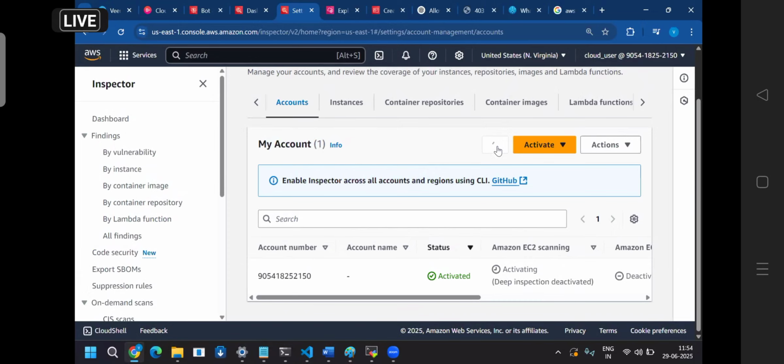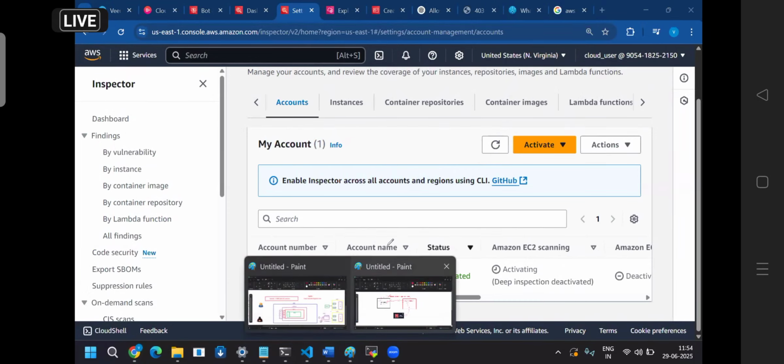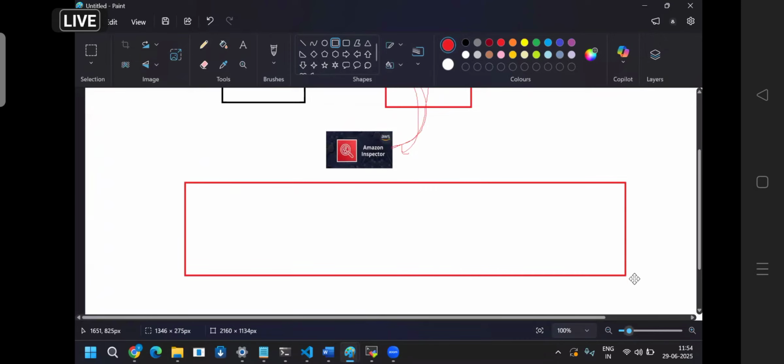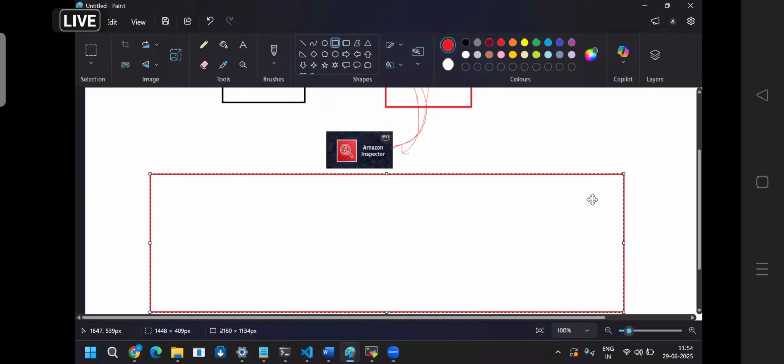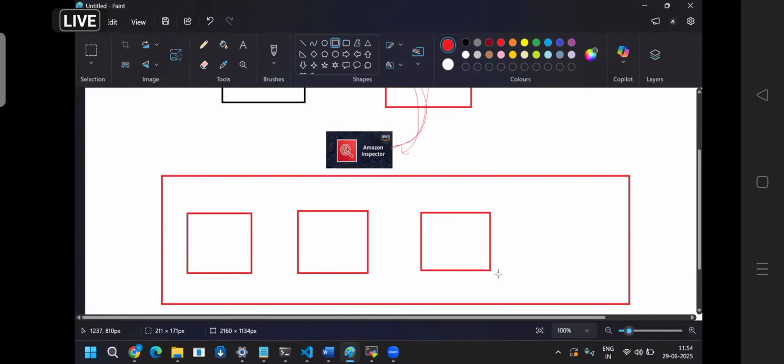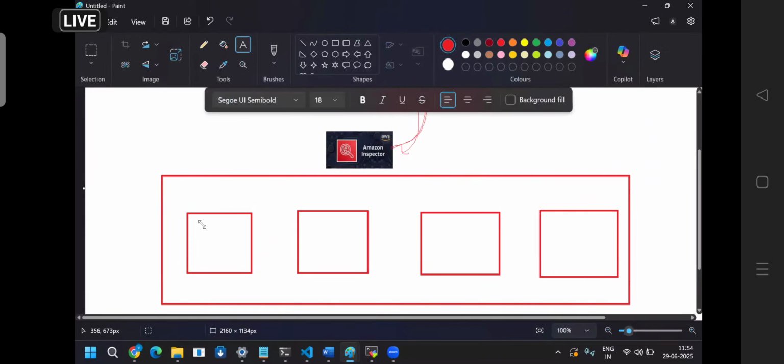Give some time for Inspector. The one thing we have to understand about Inspector is this. This is your AWS account. In your AWS account, where can we install packages? The packages are related to compute services only, right? Either inside an instance, inside Lambda, inside Docker, or any platform as a service, for example. So here EC2, for example, or Lambda